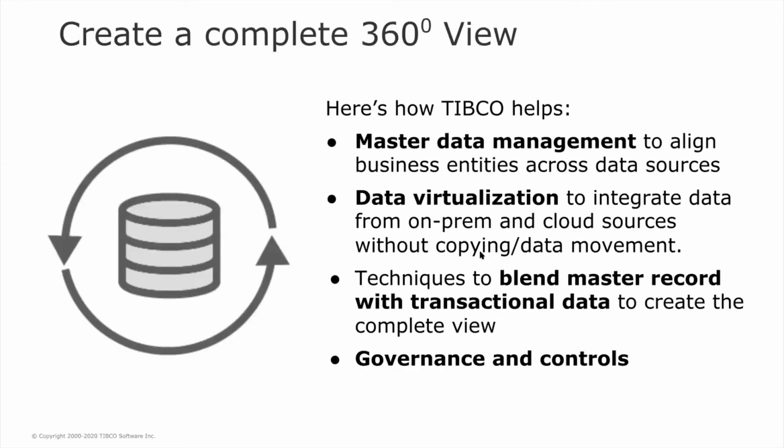Thanks, Steve. So if we talk about how we're going to create that 360-degree view of anything, this is how TIBCO helps. It's really a couple of components. First, there's the master data management piece, and that's really about bringing together all of the information, all those different records that you have out there around those key business entities, whether they're customers, products, assets, materials, and then creating golden records. And we're going to create those golden records, maintain the source system IDs, largely to align the data from across the different data sources you have.